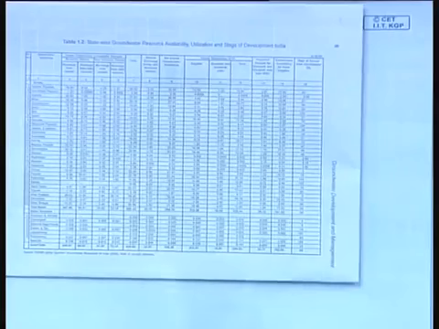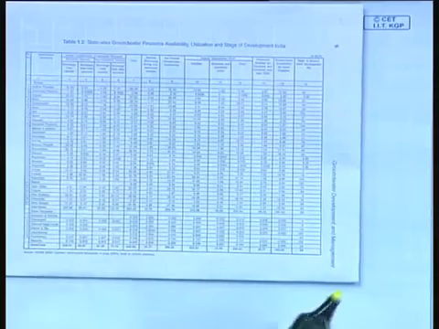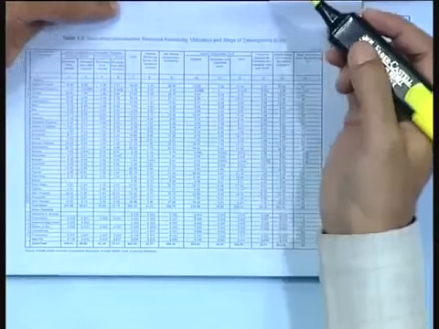Of course, before moving on, I would like to show you here the state wise groundwater resource availability and utilization, which I mentioned.